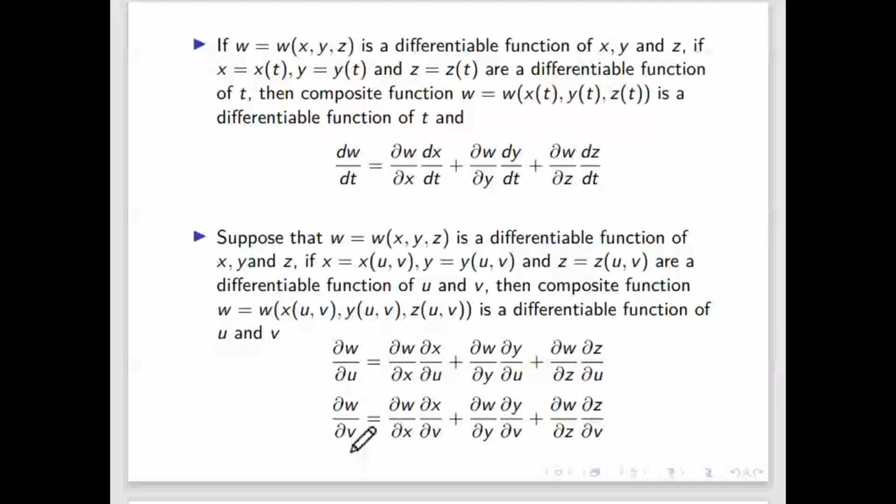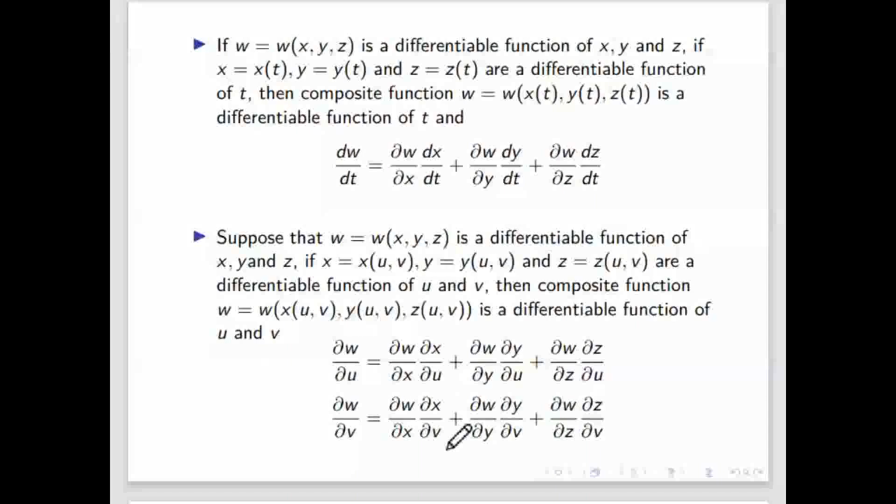Similarly, we can write it when we are differentiating with respect to v. So we will get two chain rules corresponding to the two partial derivatives, with respect to u and v. Before, we had only one, that's why it was written dw by dt. Also it was written dx by dt, because x was a function of only a single variable, that is t. But here x is not a function of a single variable. X is a function of u comma v. So when we differentiate with respect to u, we'll write del x by del u. When we differentiate with respect to v, we'll write del x by del v.